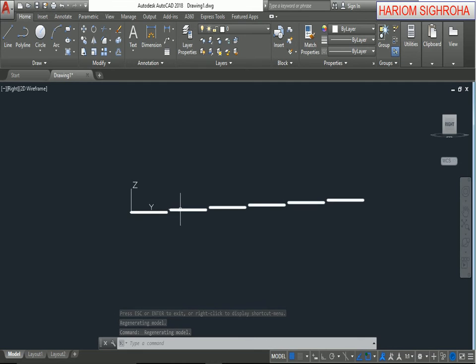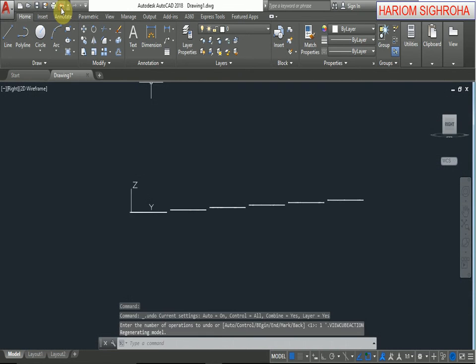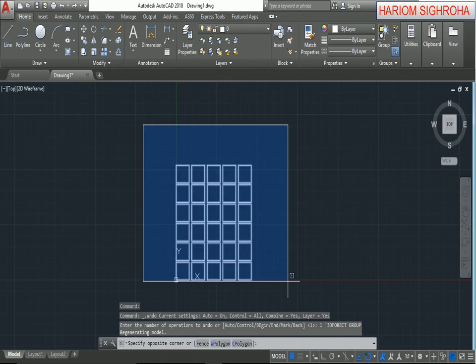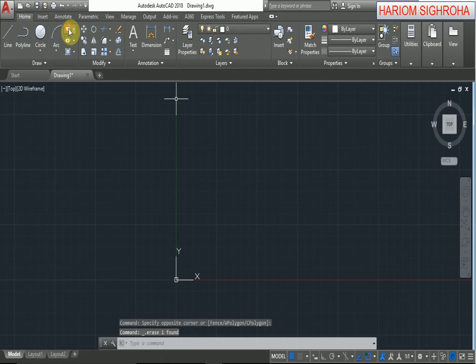All the rows are in incremental increase of 5. This is the row elevation in rows. Now we delete this